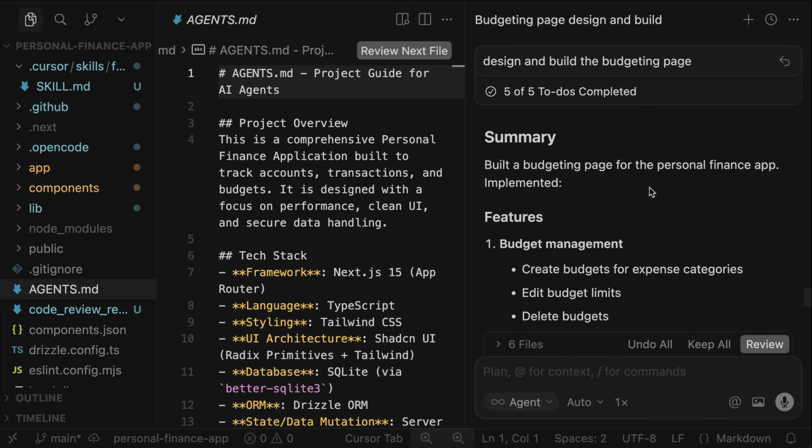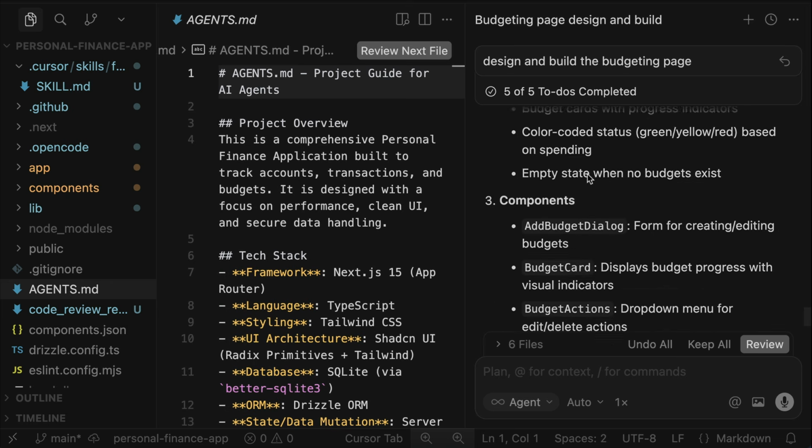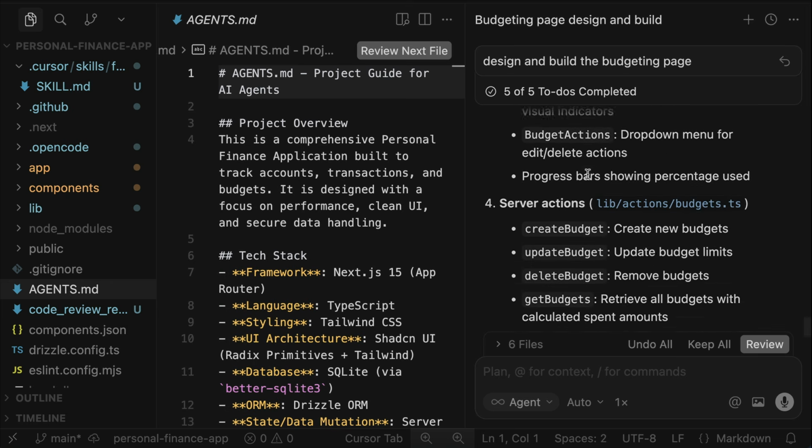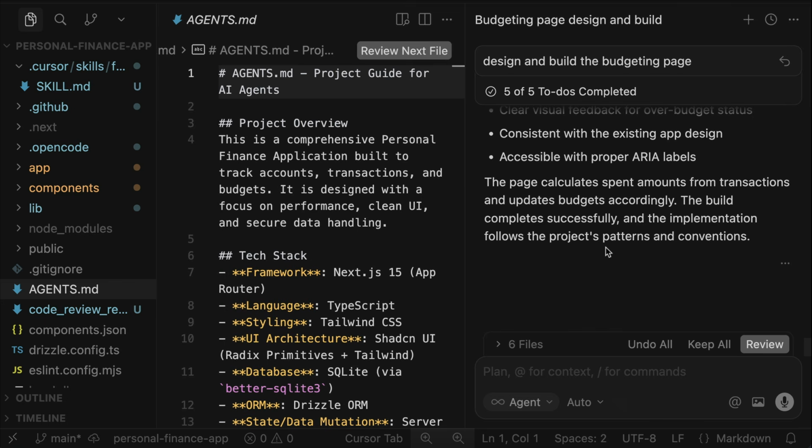And here the agent has finished the request. It has built the budgeting page describing the features, the visual design, components, and server actions. And if we open the browser, we can see the page over here. I will test this page later. But yeah, overall that's how you can use agent skills in Cursor. The most popular AI tools are all supporting this feature, although to enable it, you might need to toggle some options. Also, note that you can also use a .claude folder to reduce the amount of folders you have in